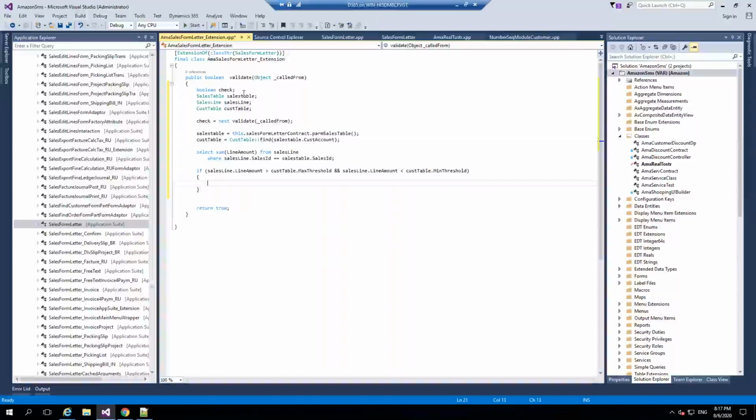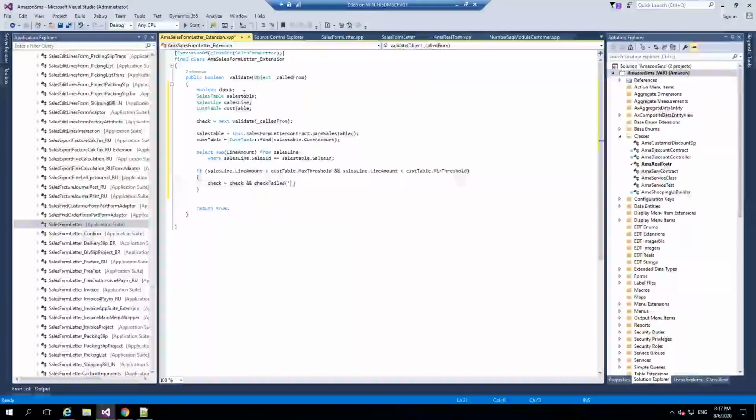What do you need to do? Say check equal to check